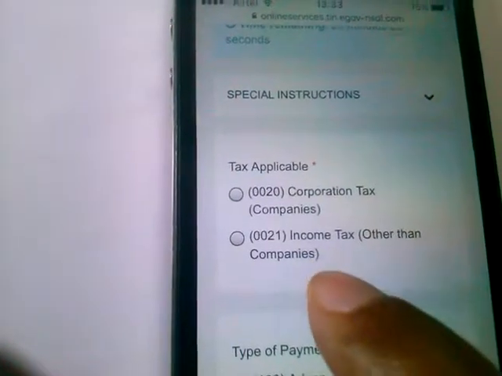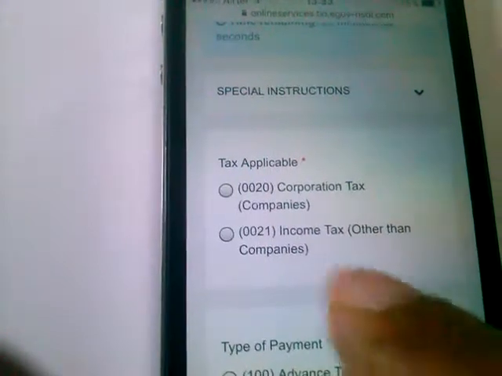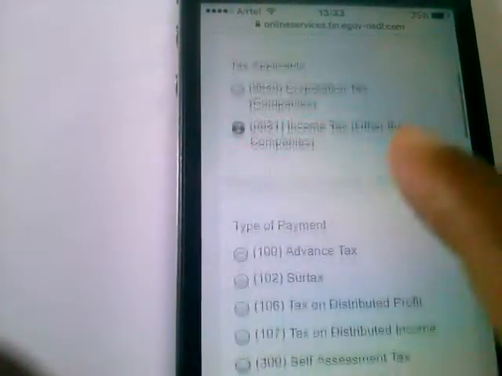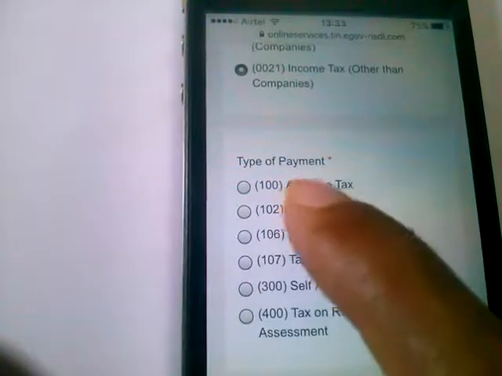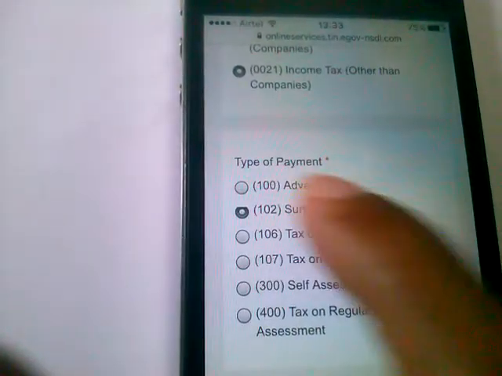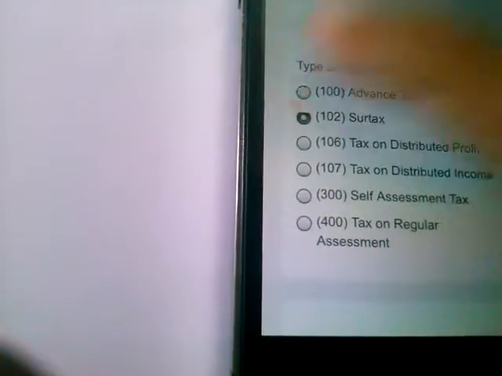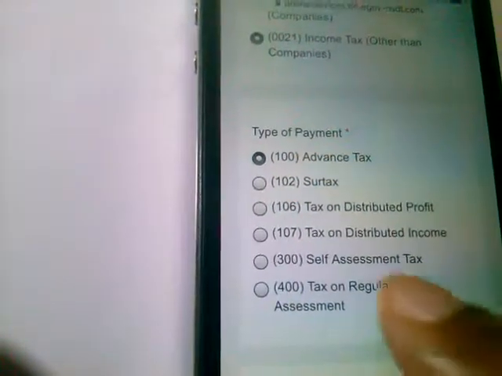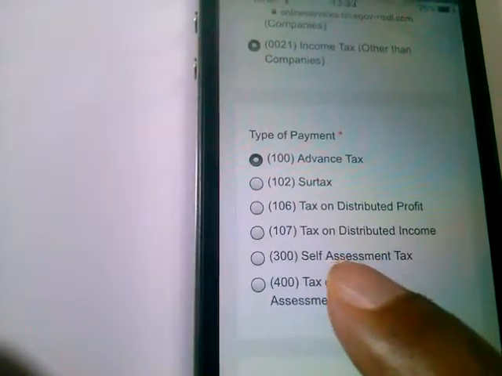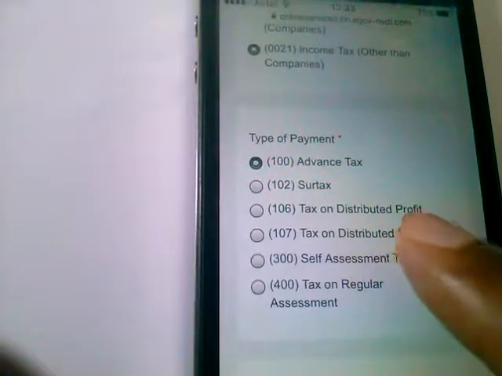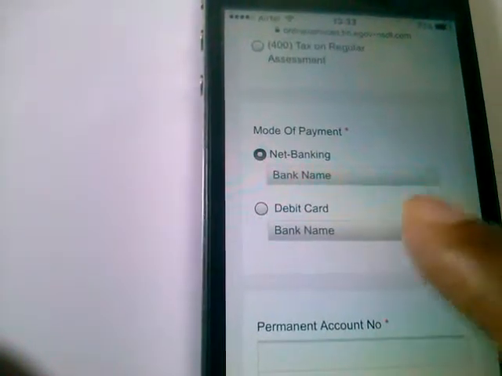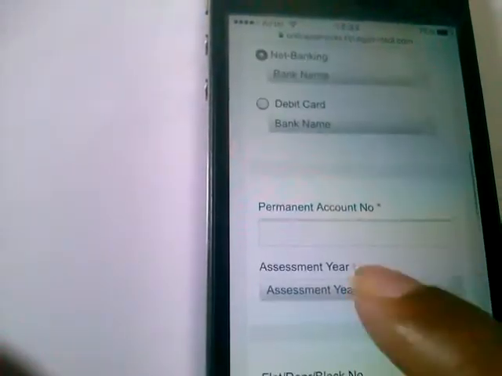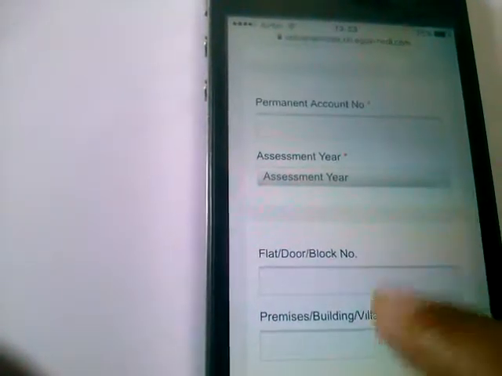So if you are an individual, if you are not a company, then you can select this one, income tax other than companies. If you are paying within the year, then it is advance tax. After the close of the financial year, it will be self-assessment tax or regular assessment tax based on the information. So you need to select the type, net banking, enter permanent account number, assessment year, address,